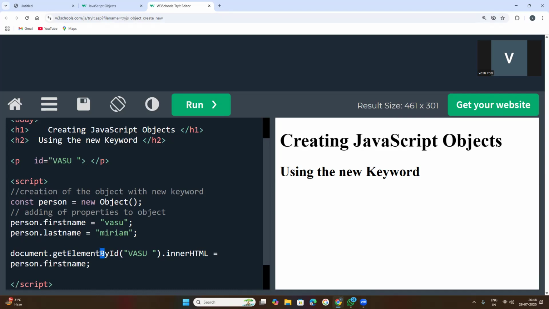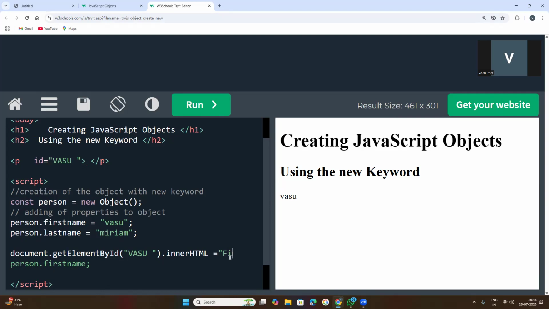Likewise, the B in ById must be capital. If you keep a small b, the method can't be identified, so you are getting nothing, nothing is being displayed here. So that is very important. You need to keep the capital letter, and then you are getting the result. Okay. Then, if you want to call this attribute also, and before this you want to see some string here, then you need to keep